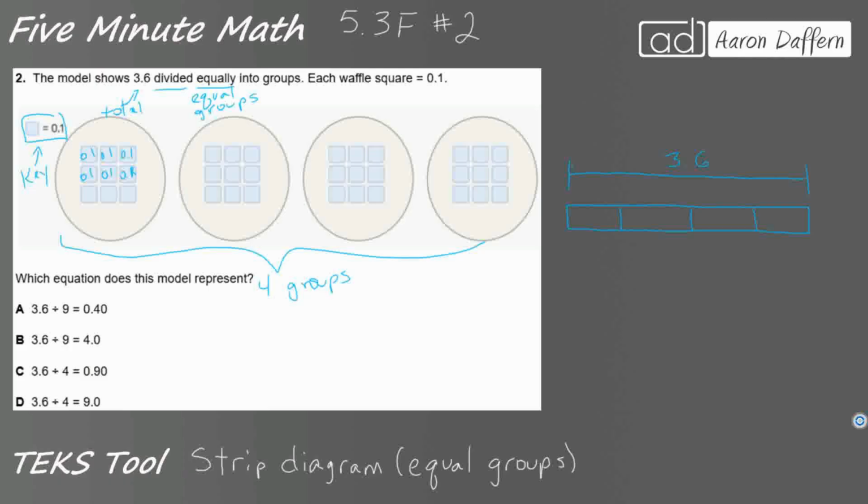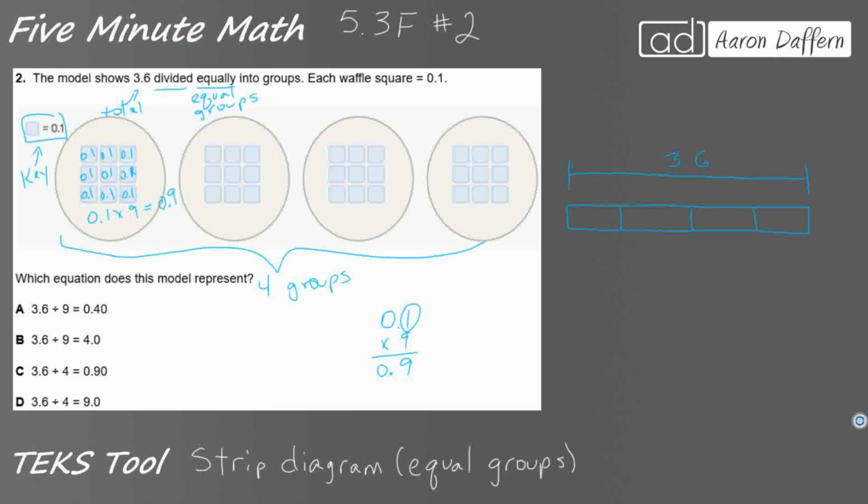All right, so if we wanted to, we could label this. We could also think, you know what? An easier way might be to think about this. I'm going to take my 0.1, my 1/10, and there's 9 of them. So I'm going to multiply that by 9. So 1/10 times 9. If we want to think of it like this, we can. Right? 1 times 9 is 9, but the answer is not 9. We've got one digit behind the decimal, so we need one digit behind the decimal. So that's going to end up being